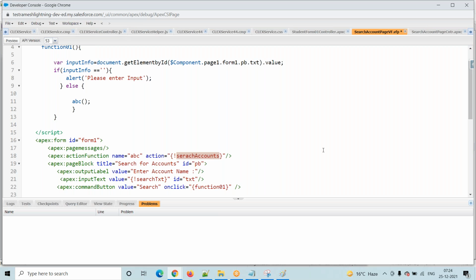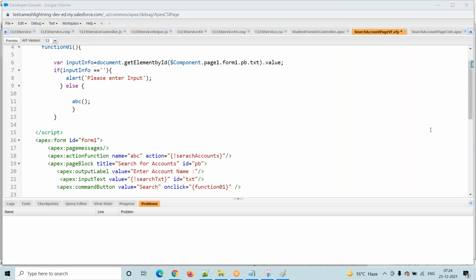So why will you use action function? Suppose anyone asks me: I have one form, and in that form we want to perform some validation. The validations are null checks. Null check means whether the user entered data or not. Instead of performing these validations at the server side, we'll perform them at the client side. Once validations are fine, then I want to call my controller method. Then I'm using action function here. So action function name is equal to this method name, and the next one is which method we have to call. This method we have to call.